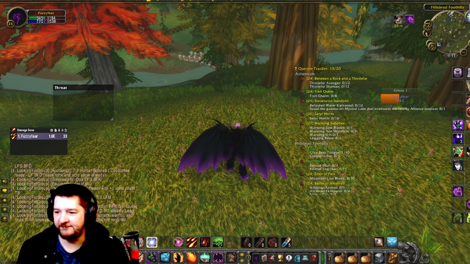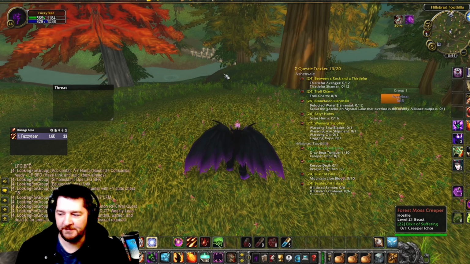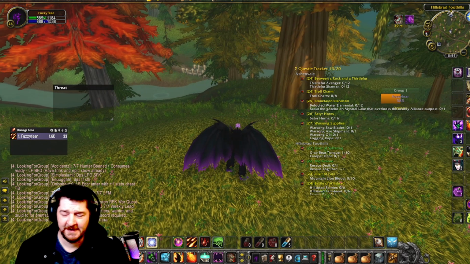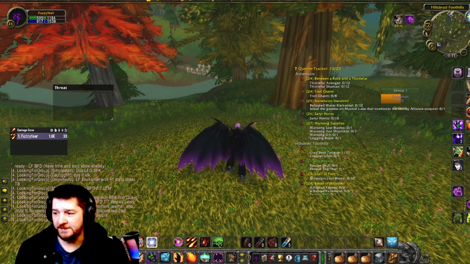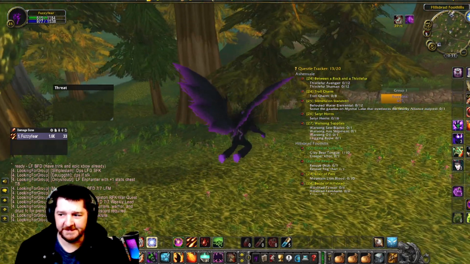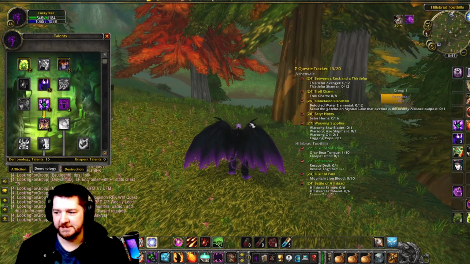So there's no benefit to using corruption over spamming Searing Pain. And there is a benefit to spamming Searing Pain if you pull with Incinerate. So that's one of my biggest problems with corruption while you're tanking.